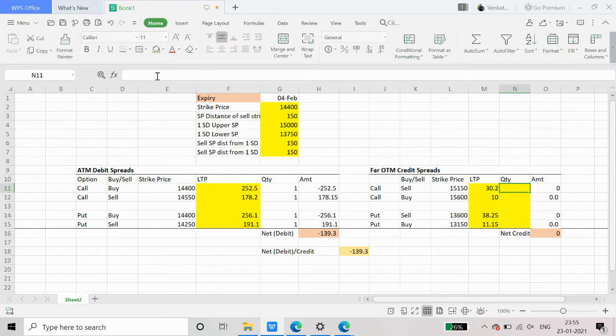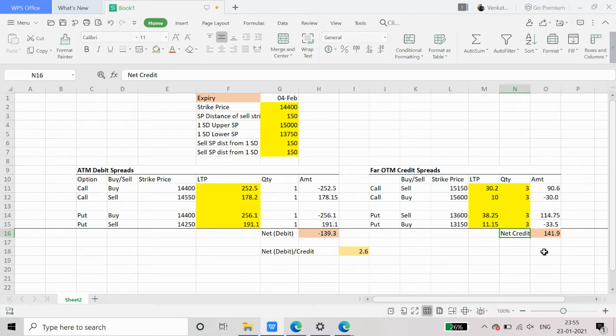Right now, to the quantity. Since we will have to match this debit, we will have to keep adjusting this quantity so that, as I said, the net debit to credit is as close to zero. So if I start with one quantity of the credit spread, my net debit is 92 rupees. So I will increase my credit spread so that it keeps on funding the minus 45 rupees. If I increase it to three lots, this gives me a net debit credit of 2.6, which is as close to zero. So this would be my ideal modified butterfly